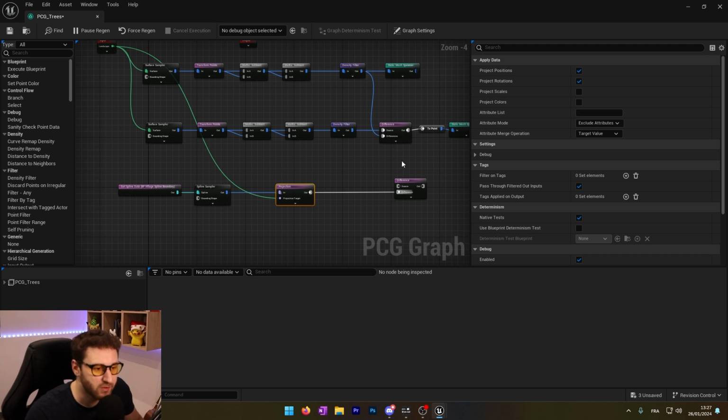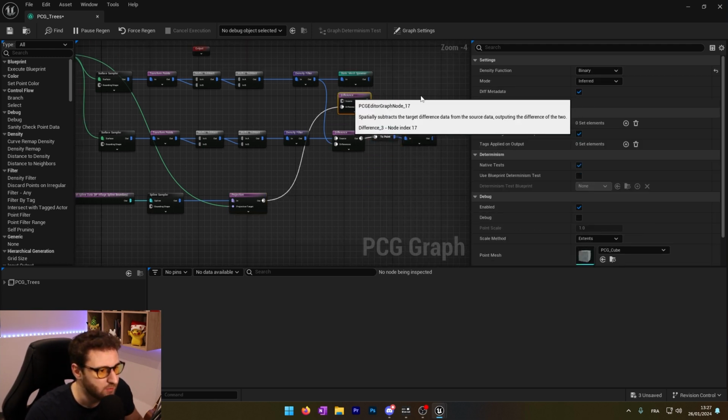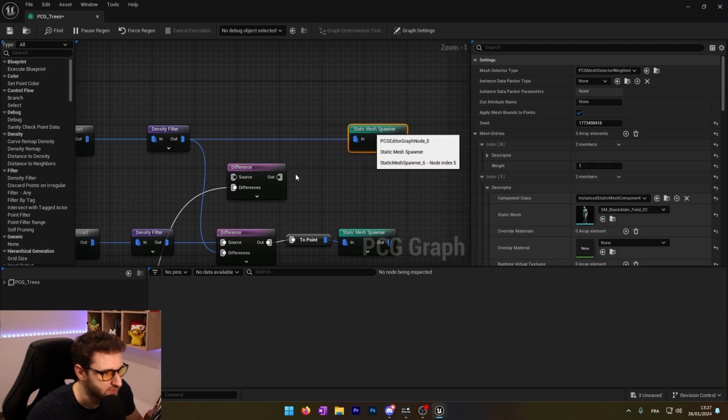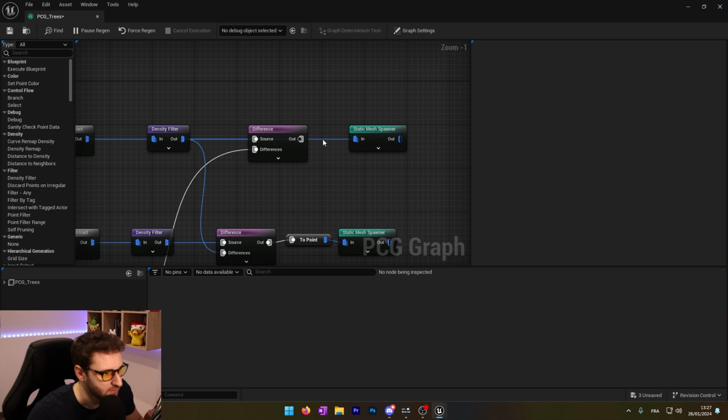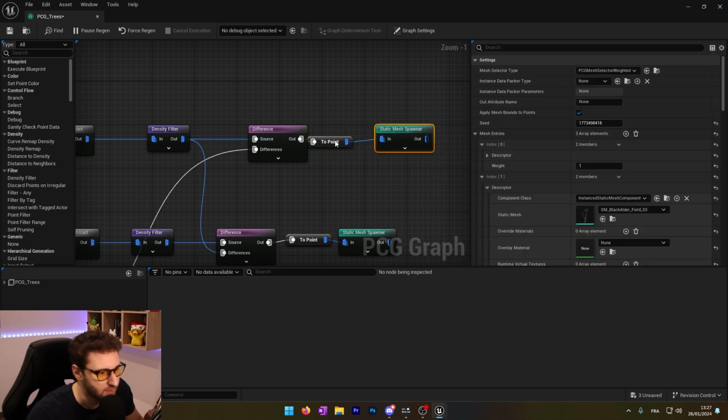We will prevent them from spawning into there. So we will, for example, put it here, before the static mesh spawner, like that. Plug this in here, and plug this one, and you can plug the out into the static mesh spawner. And now,